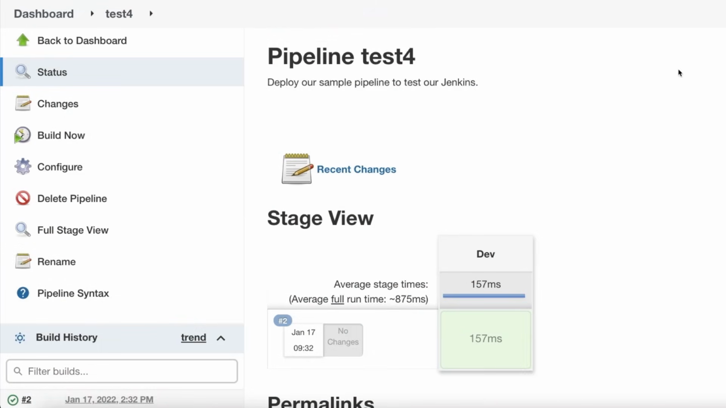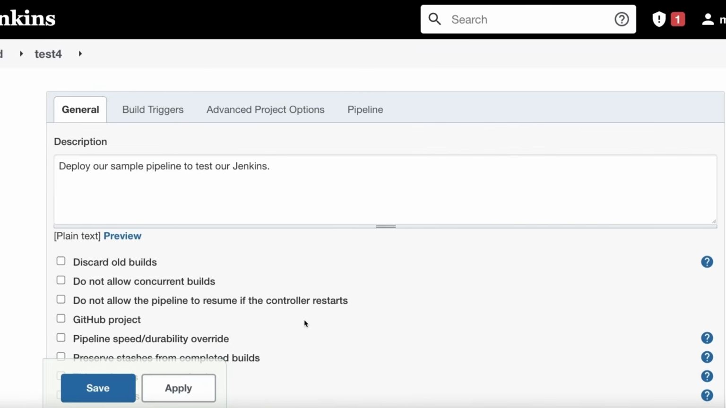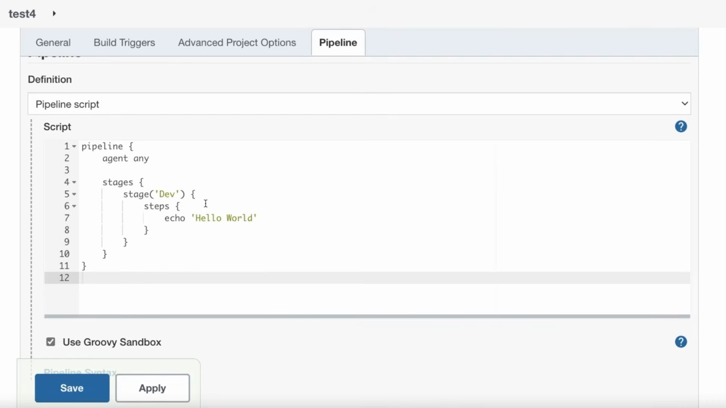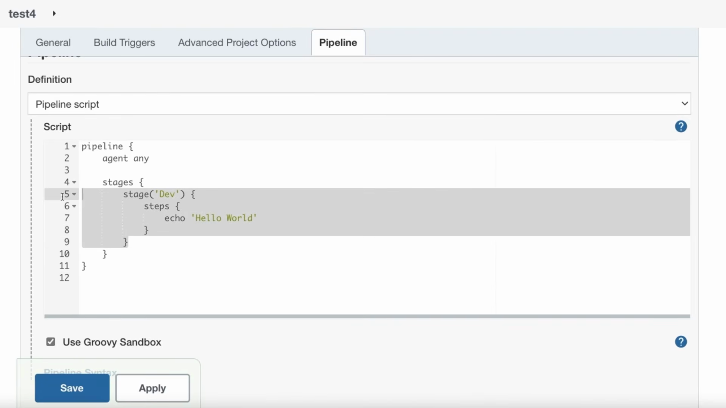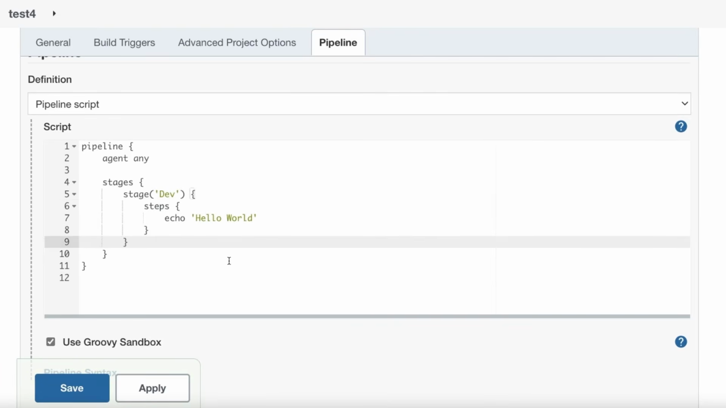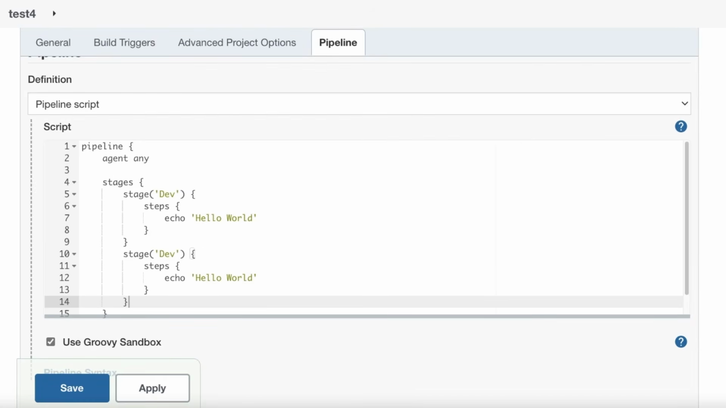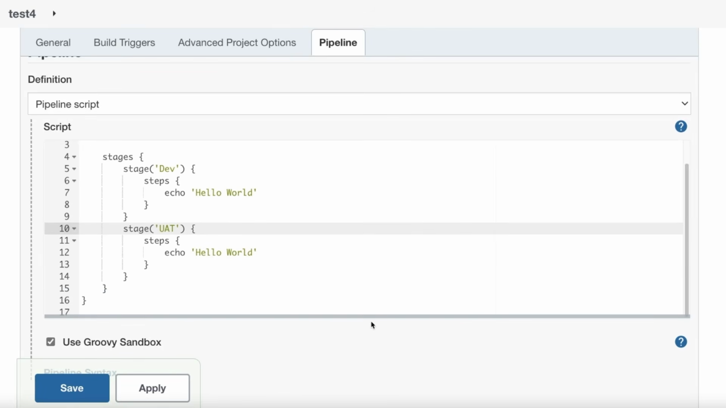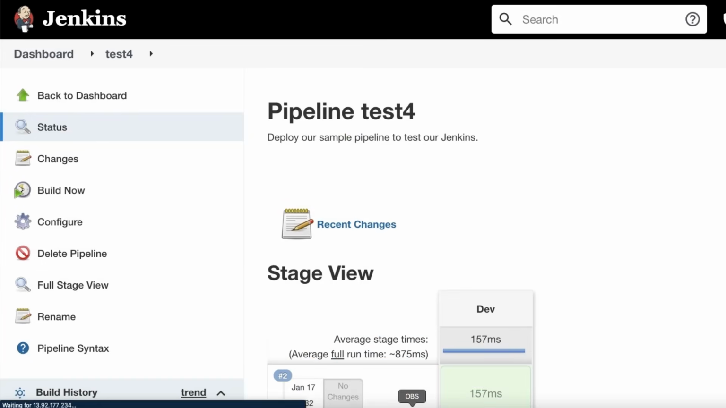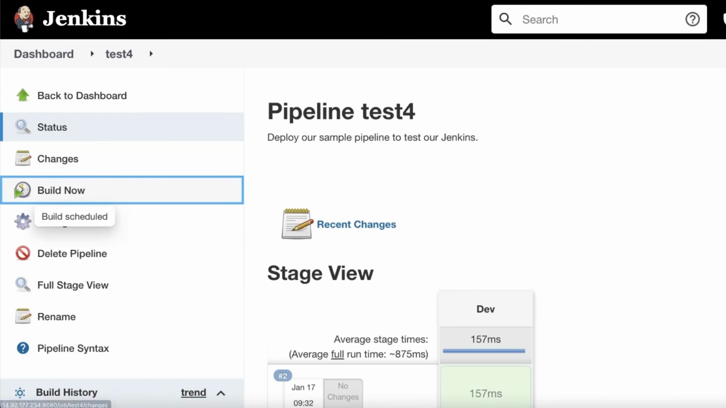Going off of where we just were, let's go back to configure. And then I'm going to scroll down here. What I want to do is create a new stage. So I'm going to copy this, and then I'm just going to paste that in here. And then we'll change this to UAT. If you've guessed it by now, you are correct. Yes, we just created a multi-stage pipeline. Very straightforward, of course. The step is just echoing hello world, but I do want to show this in action. So if I click on save, and then I click on build now,